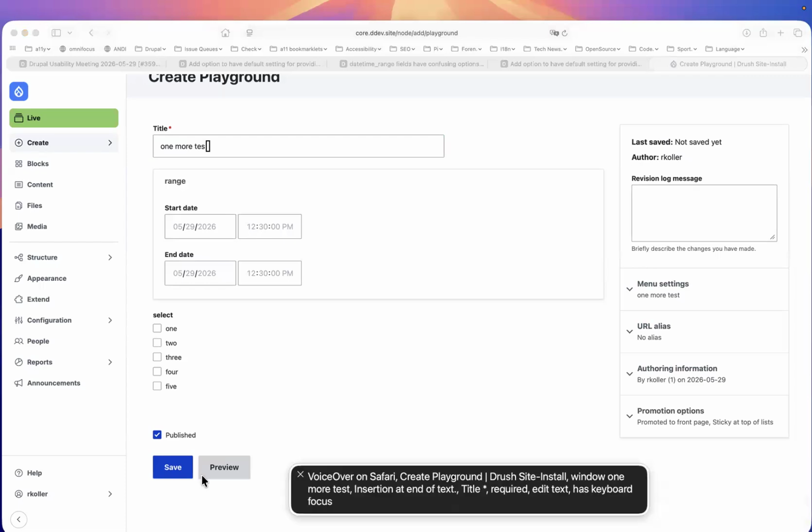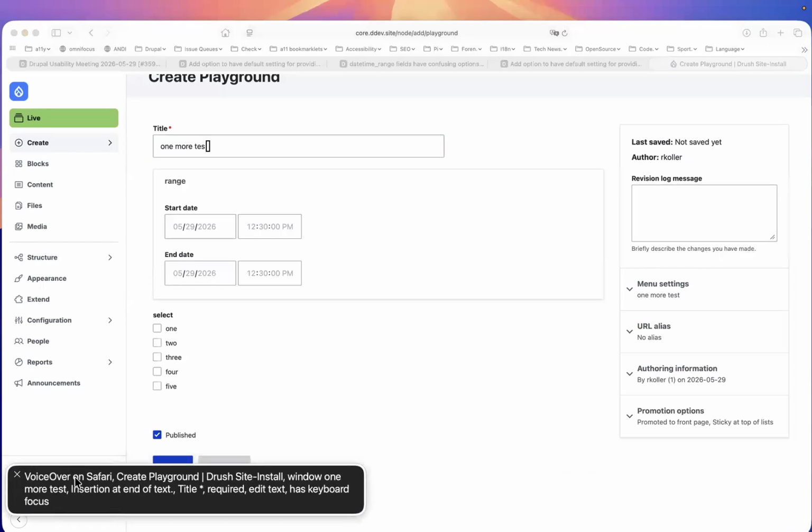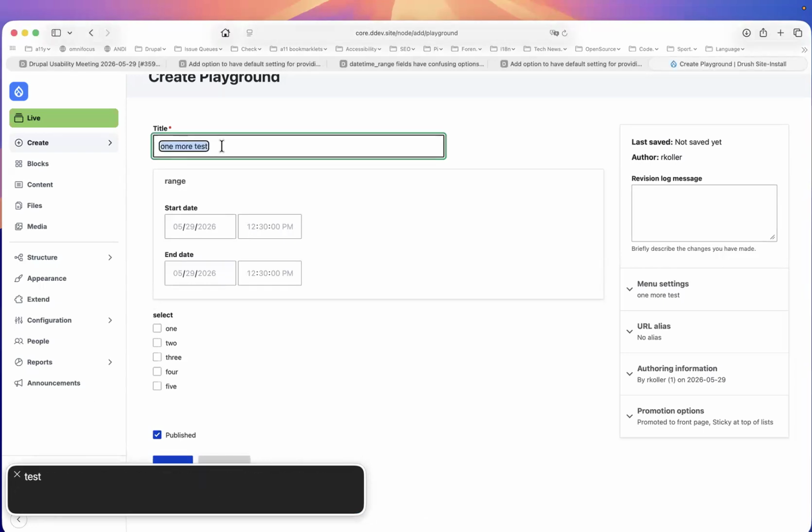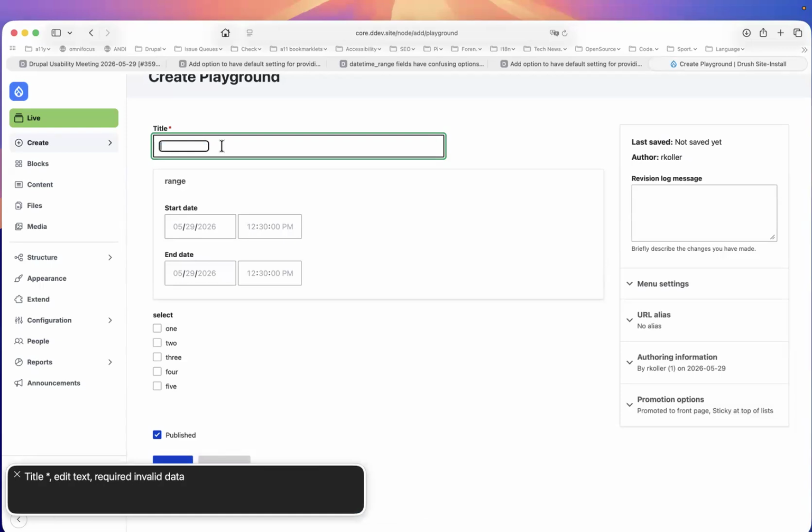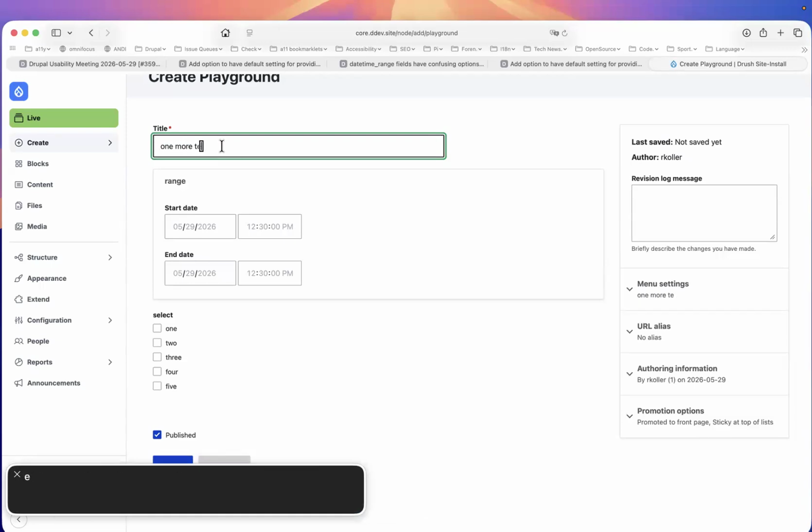Are you able to hear VoiceOver? I can hear it. Yes. Okay, but the problem I see is: Title, star, edit text, required, invalid data. Add one more test. What you're entering is getting announced, but